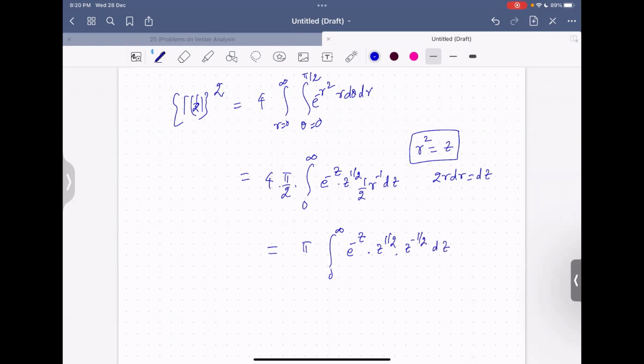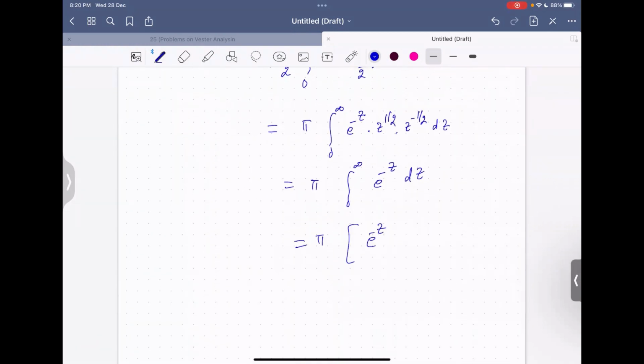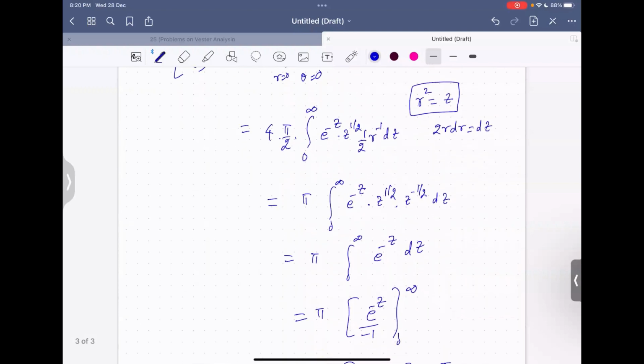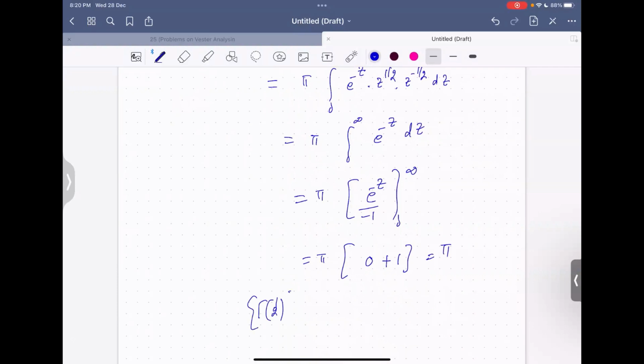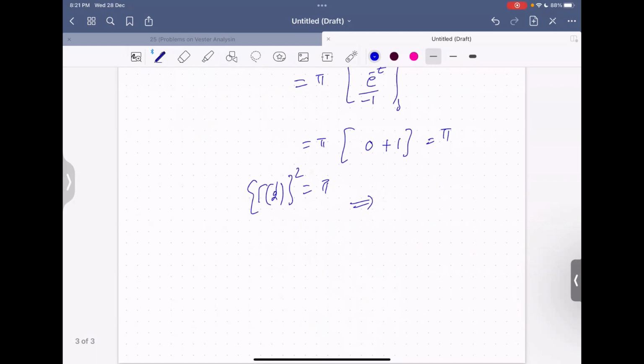Okay, so ultimately what do you get by integration? You get pi times the integral from 0 to infinity of e to the power minus z dz. Now what's the integration of this? This is pi times e to the power minus z upon minus 1, from 0 to infinity, which is pi. When I put infinity, I get 0. When I put 0, I get 1. So pi. So gamma half square is equal to pi. That's my left hand side. So gamma half is, this gives me that gamma half is root